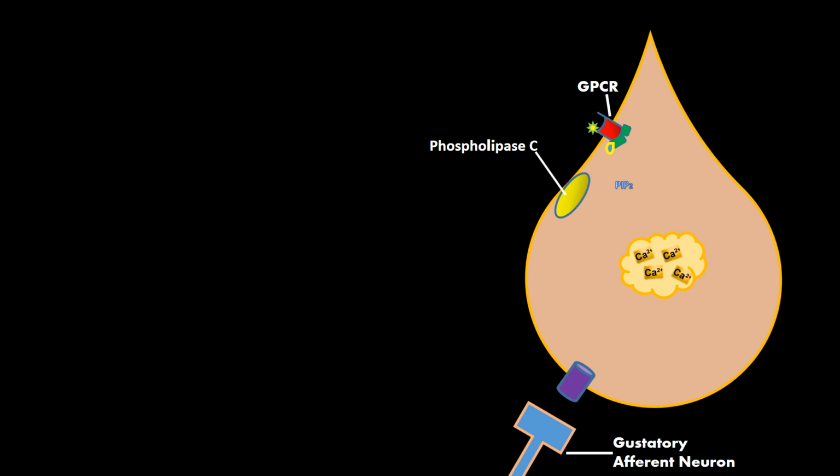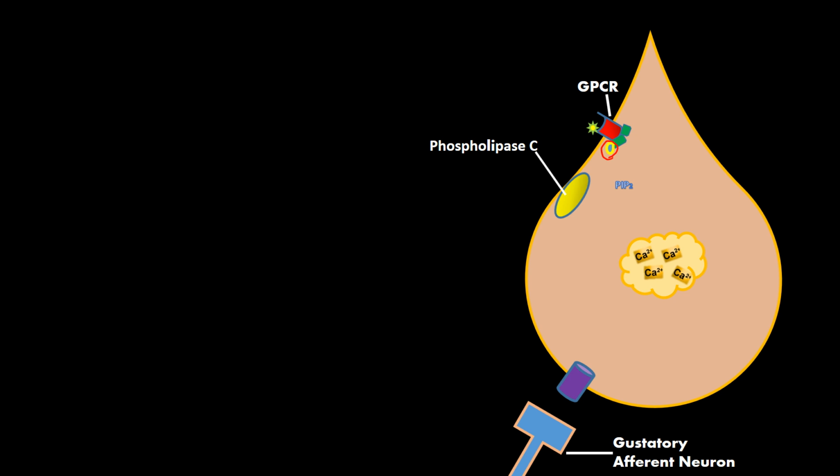Once it finds that receptor, it binds to it, activates it, and then the GPCR will associate with the subunits which are inside the cell. The alpha subunit, this little guy in yellow here, is going to be the most important in this story. When he gets activated by the GPCR,